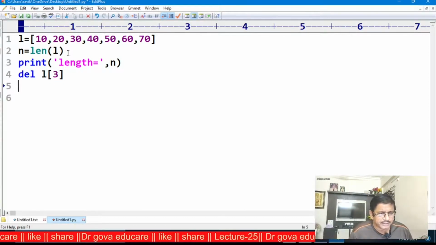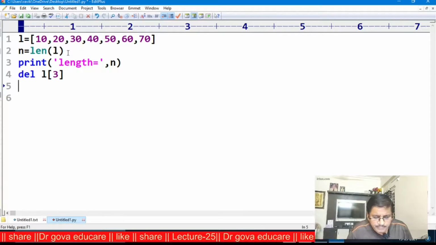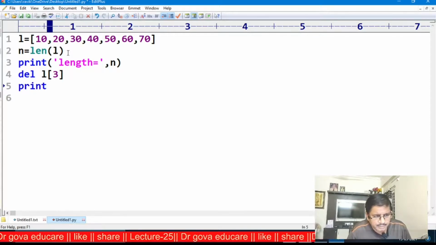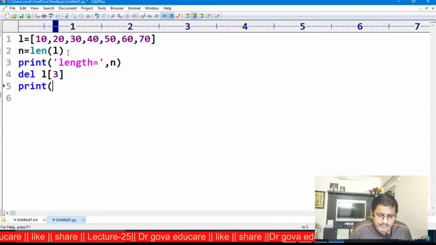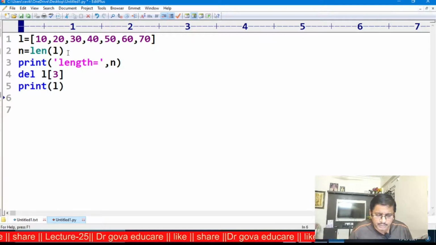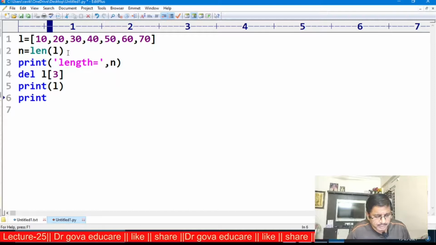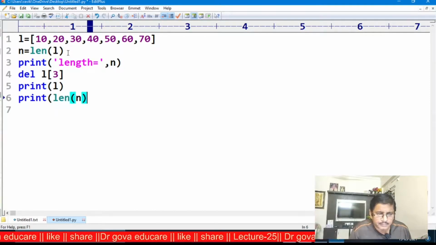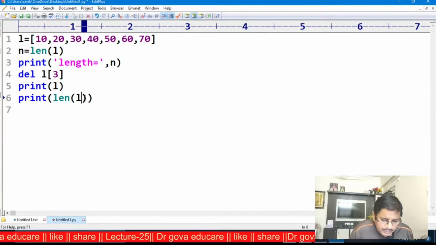After deleting, I want to print L and also print the length of L.